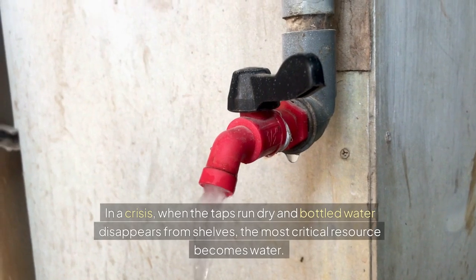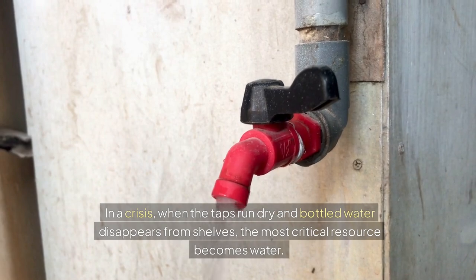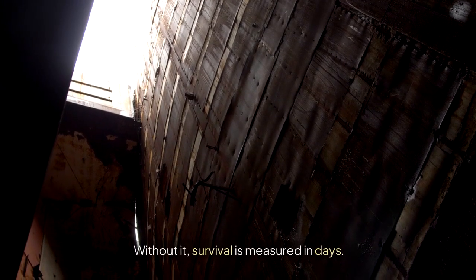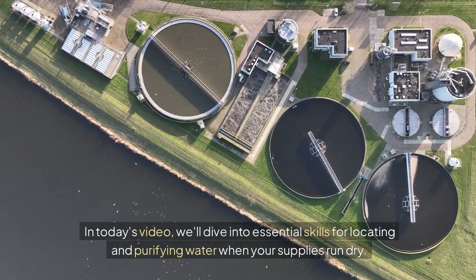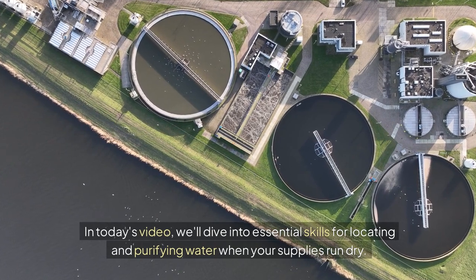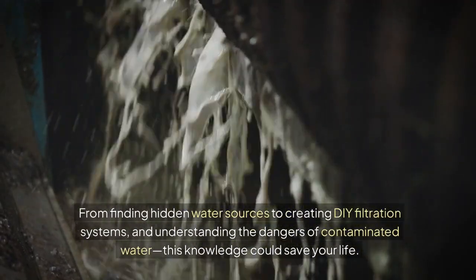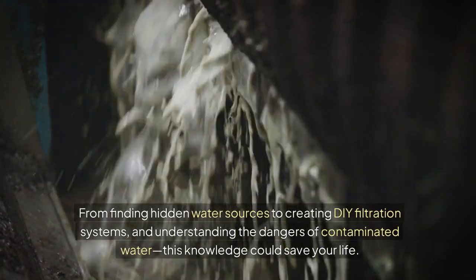In a crisis, when the taps run dry and bottled water disappears from shelves, the most critical resource becomes water. Without it, survival is measured in days. In today's video, we'll dive into essential skills for locating and purifying water when your supplies run dry. From finding hidden water sources to creating DIY filtration systems and understanding the dangers of contaminated water, this knowledge could